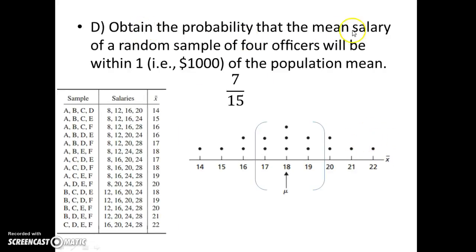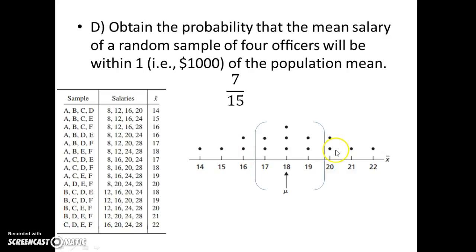Obtain the probability that the mean salary of a random sample of 4 officers will be within 1. It means from the mean, 18, so the mean salary will be within 1, which means between 17 and 19. When you look at the table or the dot plot, out of 15, because in total there are 15 samples,